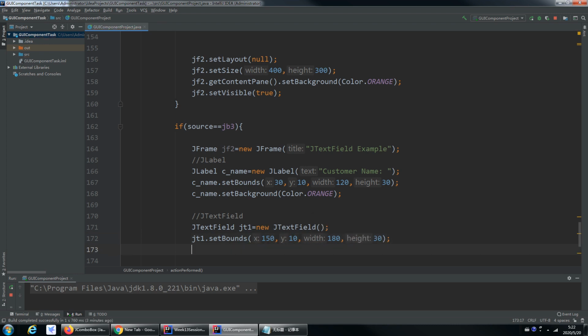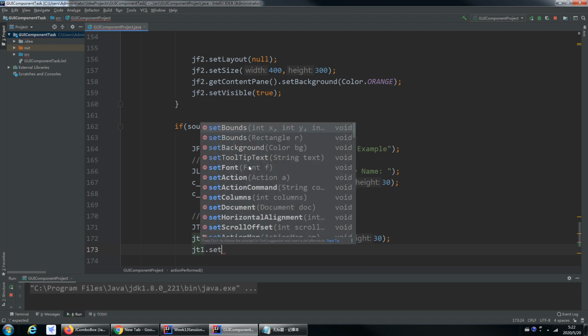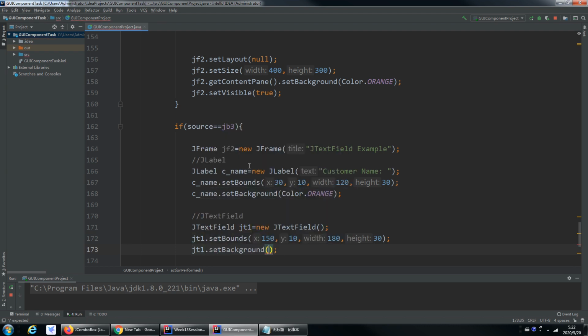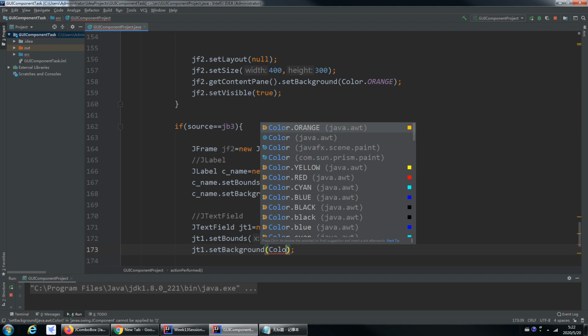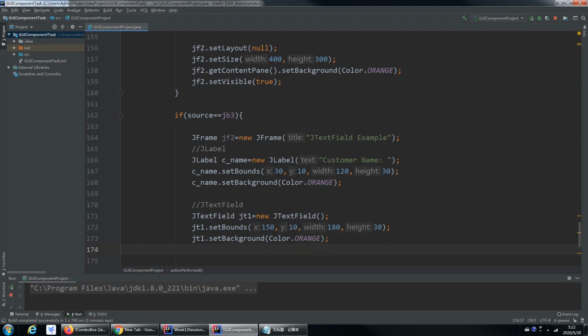Okay, then we have to set the background color. So JT1.setBackground, and here you can choose Color.orange. Next line,